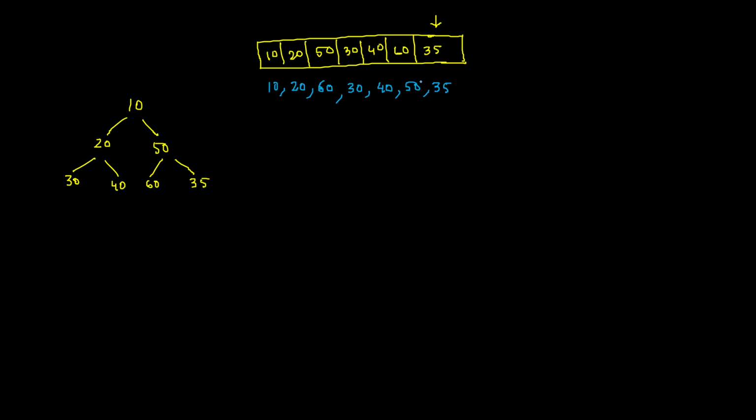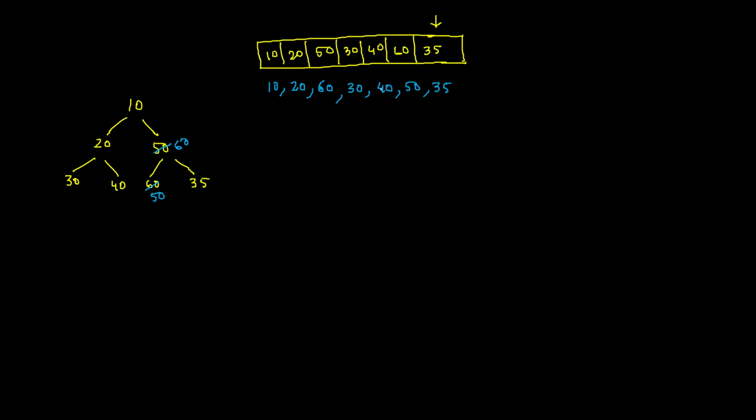Now you see, if you just do an i minus minus, you will come here, and again you will find the same parent, and you will see that this is lesser than its parent, so it is okay. So that means this part becomes 60 and this part becomes 50. Fine. Now what do you have to do? I will do a minus minus again. I will find out 40, and you see this 40's parent is basically 20, right?